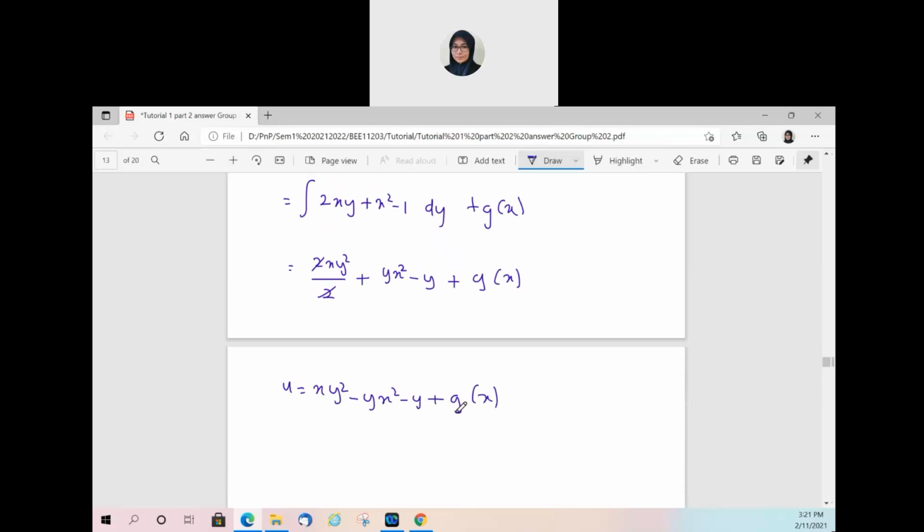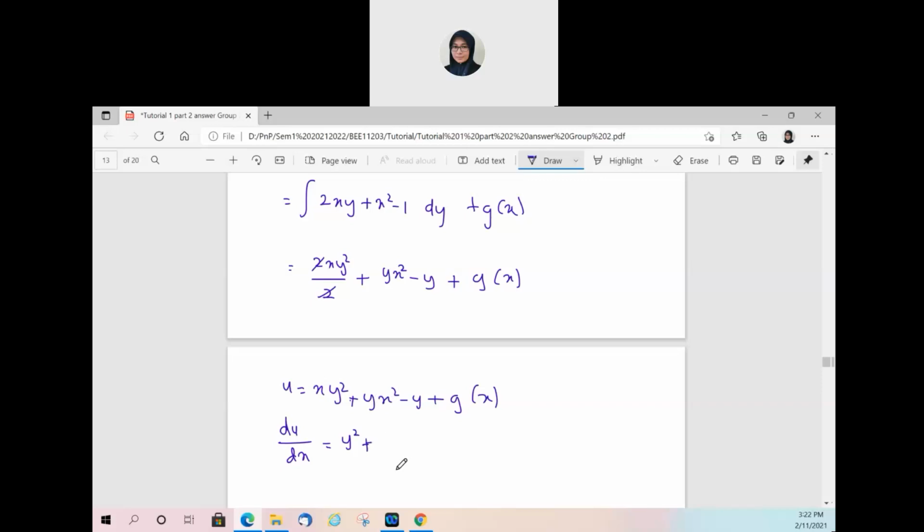To find g(x), minus, bukan plus ke? Okay, sorry, plus. Plus yx square. Okay, so to find g(x), you have to differentiate u terhadap x. You differentiate x y square terhadap x, you will get 2xy... y kuasa 2. Plus with, you differentiate y x square, you will get